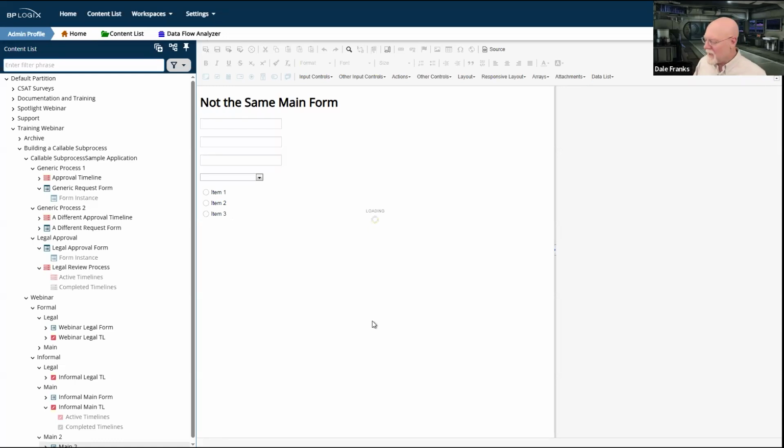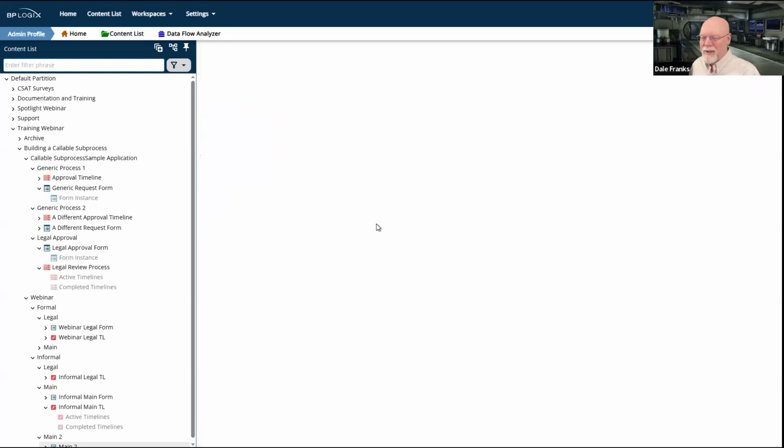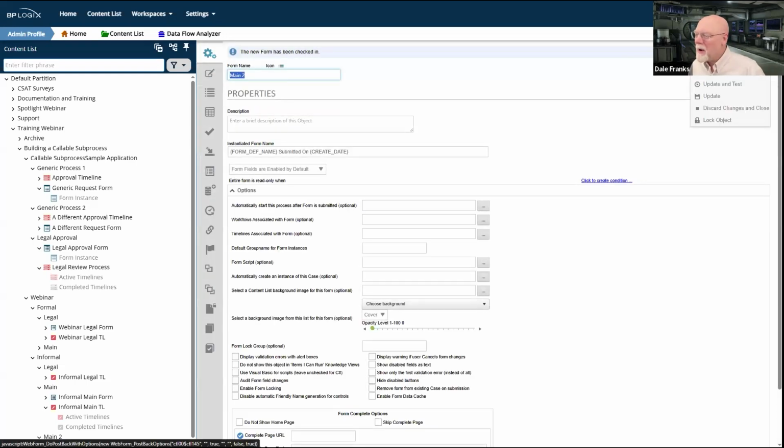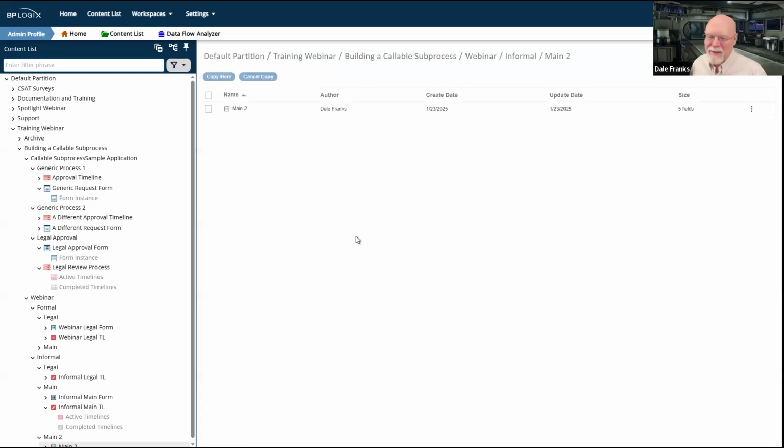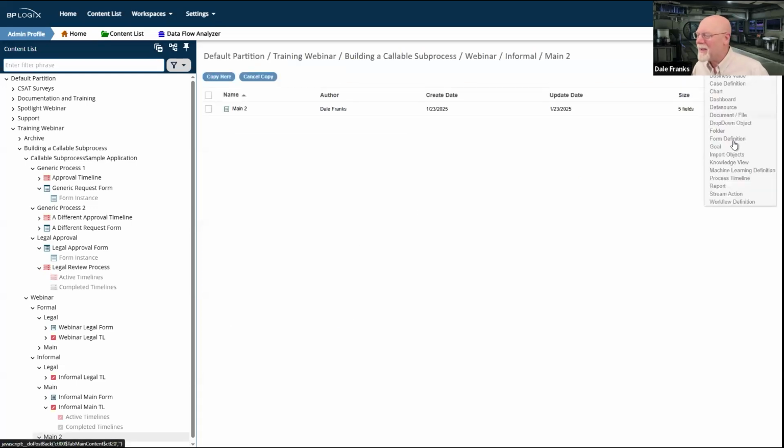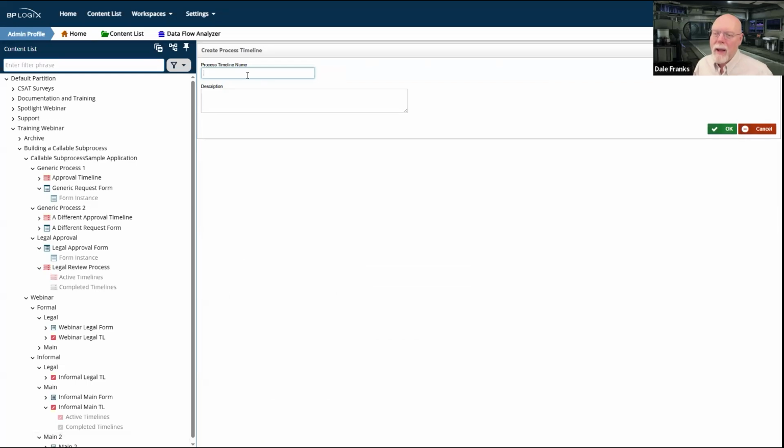As soon as it saves, one of the horrible things about doing this live is having to keep talking to ensure that there's not excessive dead air while you're waiting for these dumb things to save. And finally it's saved. So now we can create a new process timeline and we'll call this main TL2.